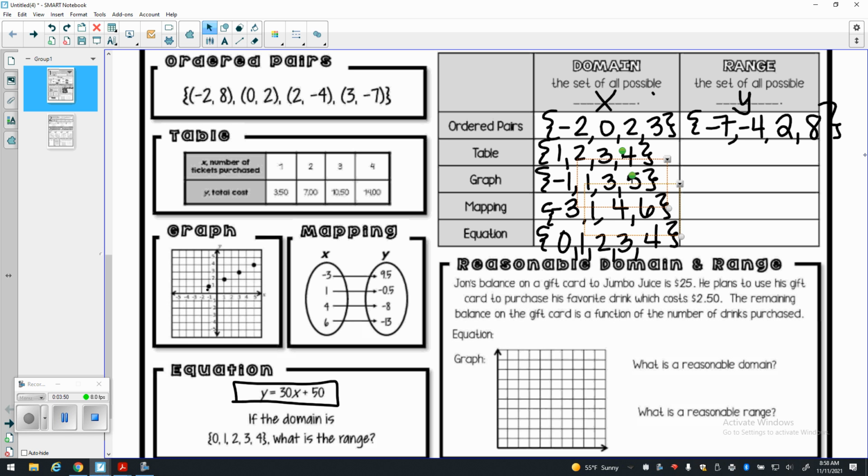Table. My domain, I'm sorry, my range is 3.5, then 7, then 10.5, then 14. Yeah? Rack. What's my smallest y value? 1. Then